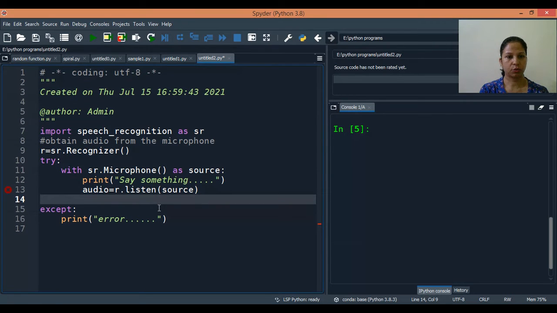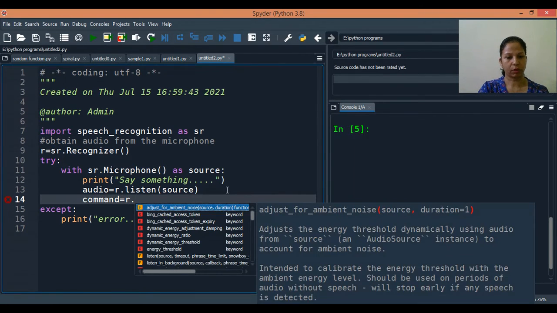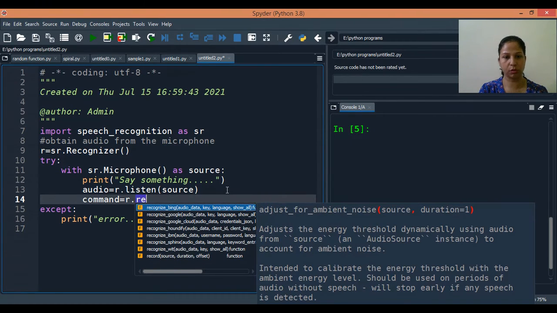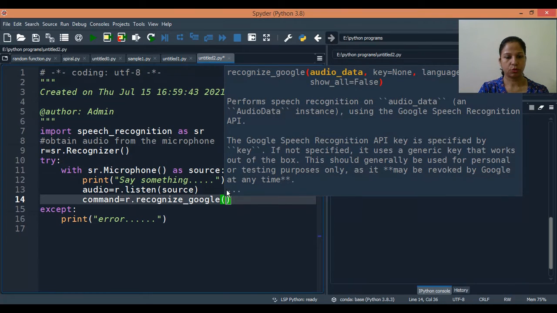What is this source? This is sr.Microphone as source that we are using. Now I'll take a variable, maybe command. It will use r dot recognize underscore google, and in this I'll take audio as an argument.